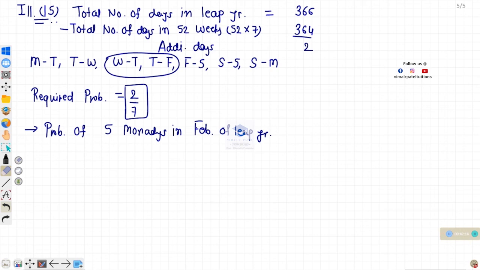Our question પૂછ્યો છે. Find the probability of having 5 Mondays in February month of leap year. આમ તો નોર્મલ ફેબ્રુઆરી મંથ માં તો કોઈ દિવસ 5 ટાઈમ્સ આવે જ નહીં, 28 days છે, each day will be repeated 4 times બરાબર. પણ લીપ યર માં ફેબ્રુઆરી માં ટોટલ નંબર ઓફ ડેઝ